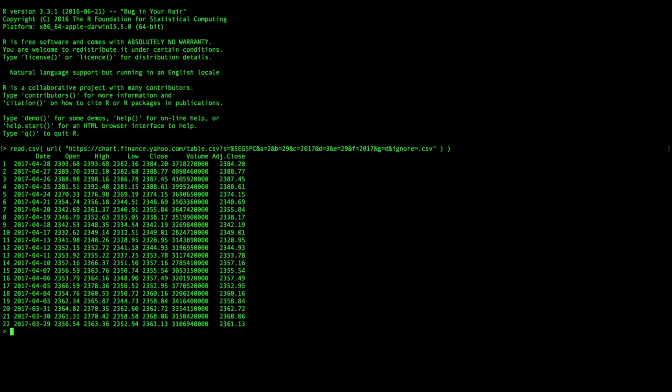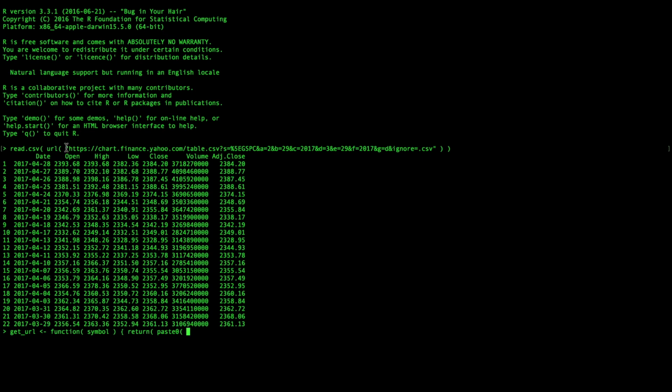Next, I want to be able to create a URL to get as much data as I can from Yahoo for an arbitrary symbol, and I'm going to call that function getURL. It's going to have as an argument the symbol that I want, and basically I'm going to just alter the URL string above to get me that data. I'm going to use the paste function to glue together pieces of the URL and combine that with the symbol